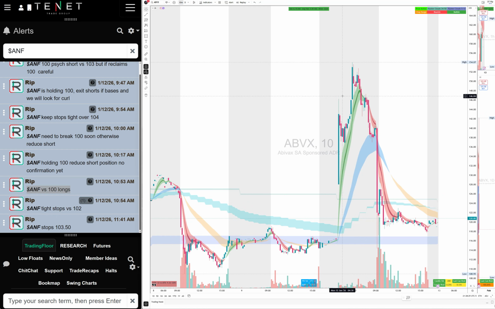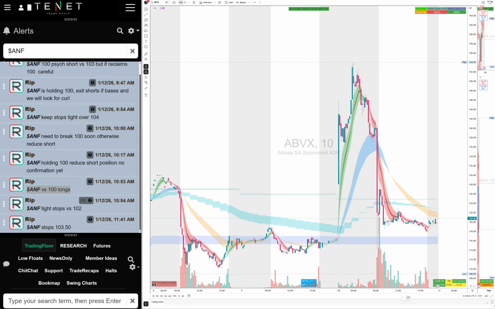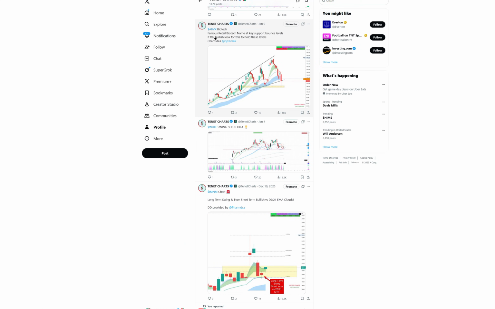This was another one. This one was noteworthy because just on Friday, I had posted the chart setup on ABVX. When this happens, your setup starts to work. Added those positions here on the support. You see ABVX. It's a cult, pretty good cult biotech, which has a lot of rumors on buyouts. So it pulled back from 148 all the way to 115. It was giving a good bounce level for swing trading. That's why I posted it on January 9th.